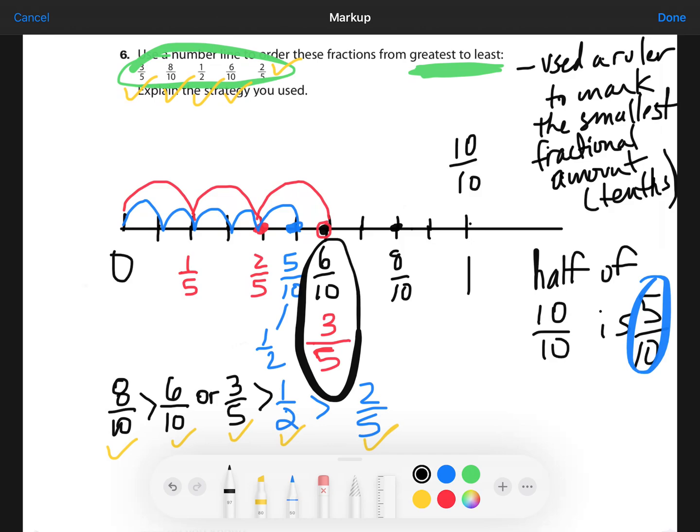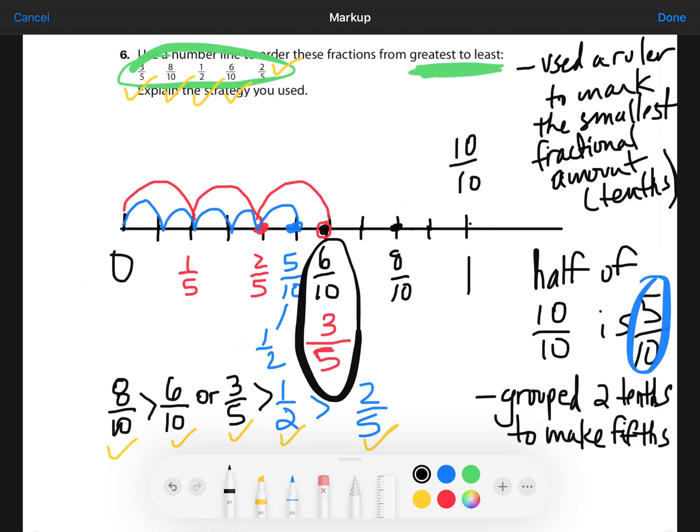Then I won't write this down, but you could write something to the effect of that you marked all of the tenths and that you grouped two tenths to make fifths. And that's basically it. And then obviously showed each of the fractions